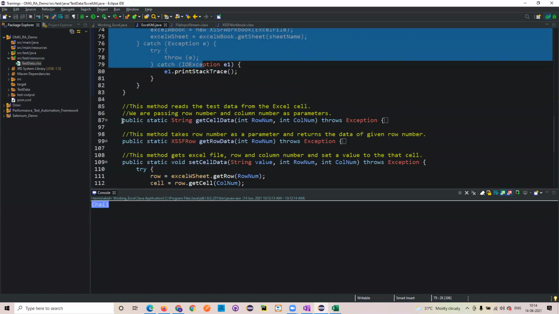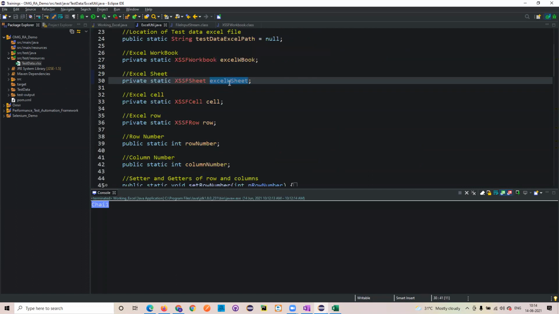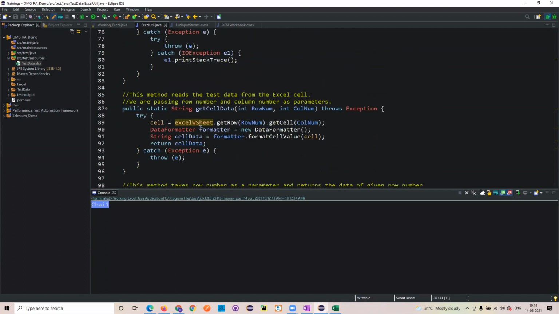The same way, if you go one by one, setting the cell data, how easy it was to set that. Get that particular cell data. Now we use this particular method, right? So now it went to that particular sheet. Okay, the sheet object which we have defined here, into that particular sheet object, what it was trying to do is get that particular row number and column number.